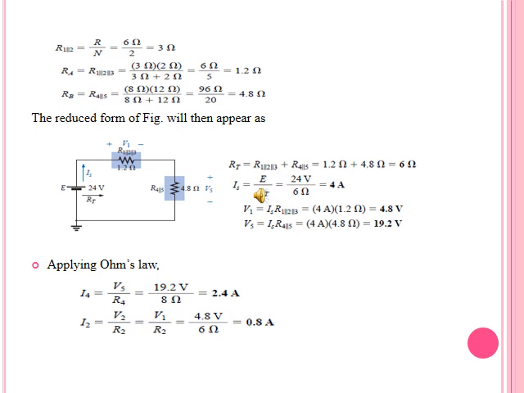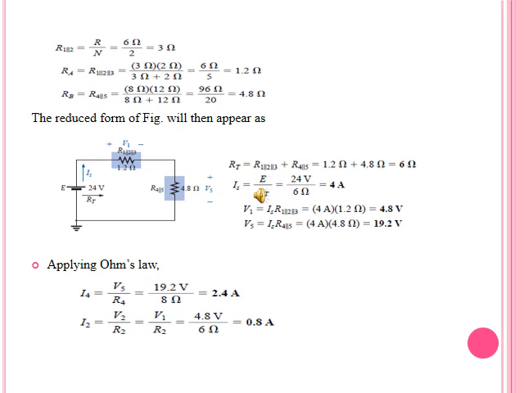Now when we go to R1, R2 and R3 in our initial circuit, we come to know that they are already in parallel, and in a parallel combination the voltage across them is the same. So the voltage across R1 is 4.8 volts. Similarly, the voltage across R2 is also 4.8 volts, and across R3 is also 4.8 volts. So our target is to find I2. As we know, the voltage across resistor R2 is 4.8 and the resistance is 6 ohms. So by using Ohm's law, we can find the value of I2.